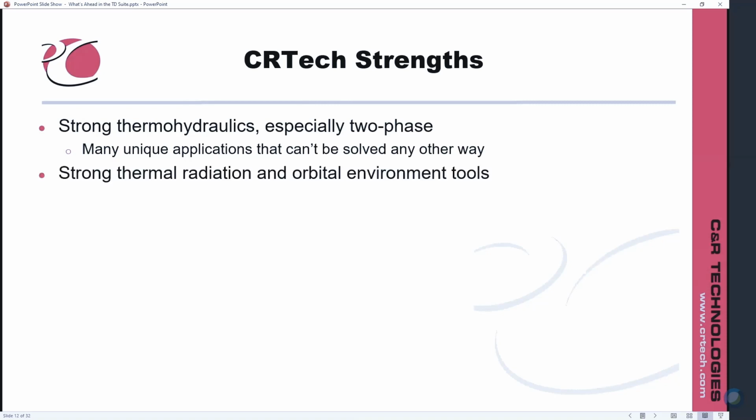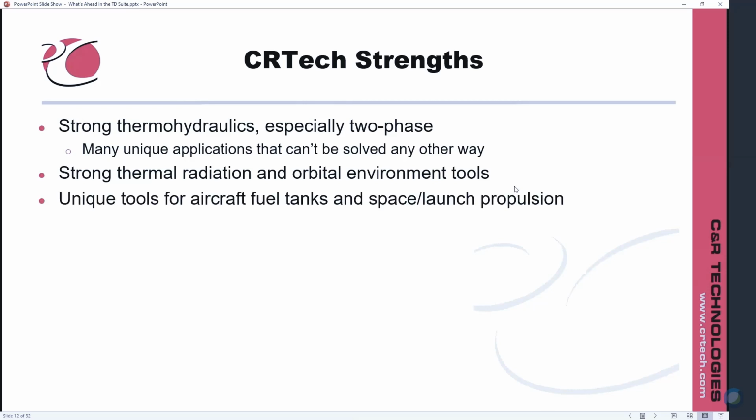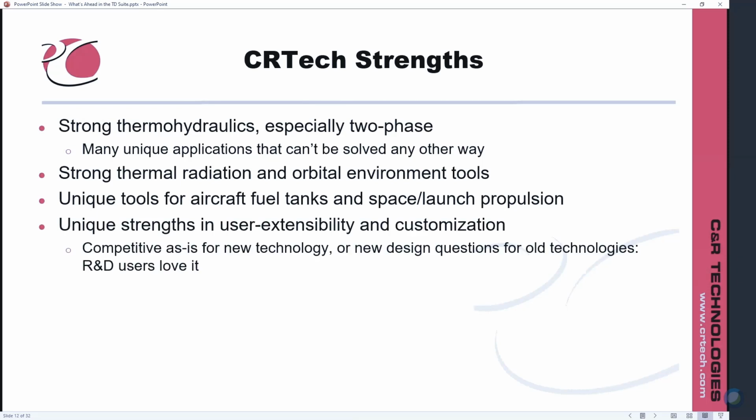So some of the strengths of Cullimore and Ring Technologies: we're very strong in thermohydraulics, especially two-phase. We have many unique applications that can't be solved any other way. And we're very strong in the thermal radiation and orbital environments. We do have unique tools for aircraft fuel tanks and space and launch propulsion systems. If you look at the examples I showed with FloCAD,